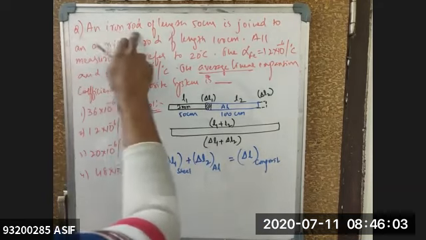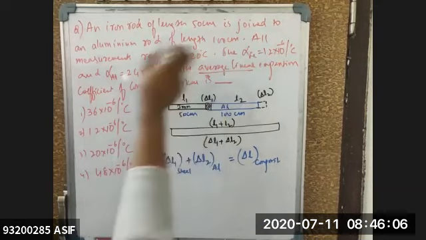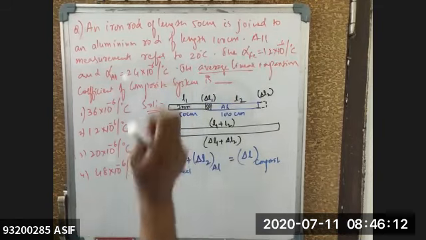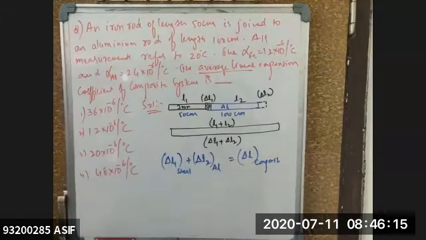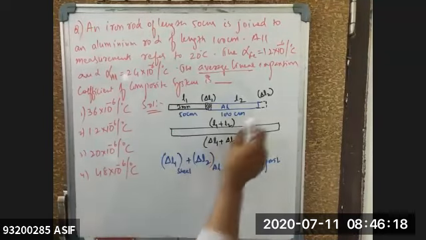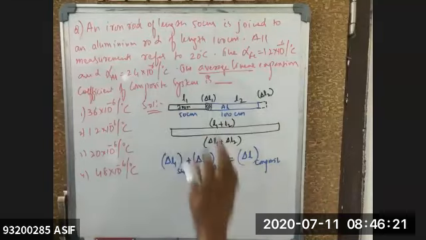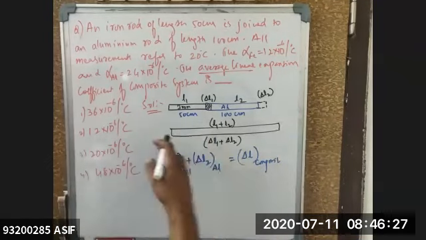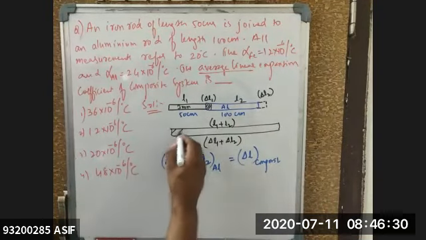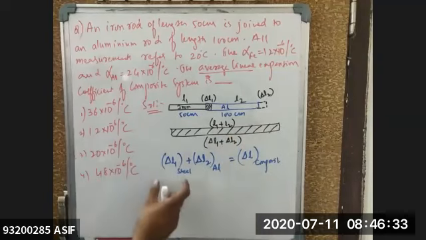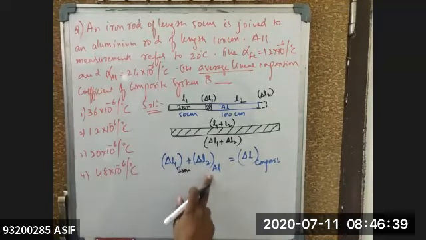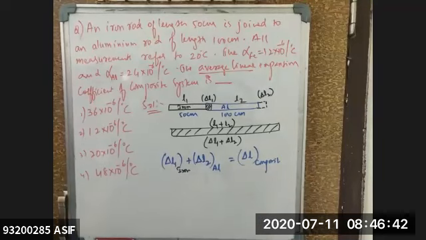Now see the question. An iron rod of length 50 centimeter, that is L1, is joined to an aluminum rod of length L2, that is nothing but 100 centimeters, and all measurements are measured at 20 degrees centigrade. So when you are measuring at 20 degrees centigrade, there is expansion in the iron by delta L1 and expansion in the aluminum by delta L2, because the coefficients of linear expansion are different. So average linear expansion of the composite system will be equal to how much? The total system is the new composition, where the total length will be L1 plus L2. That means expansion of iron plus expansion of aluminium must be equal to expansion of the composite rod.